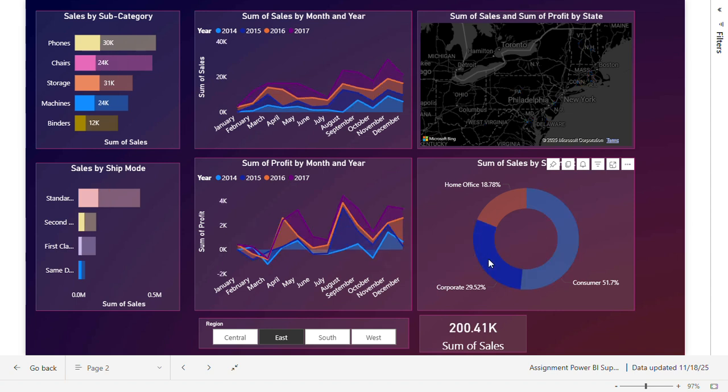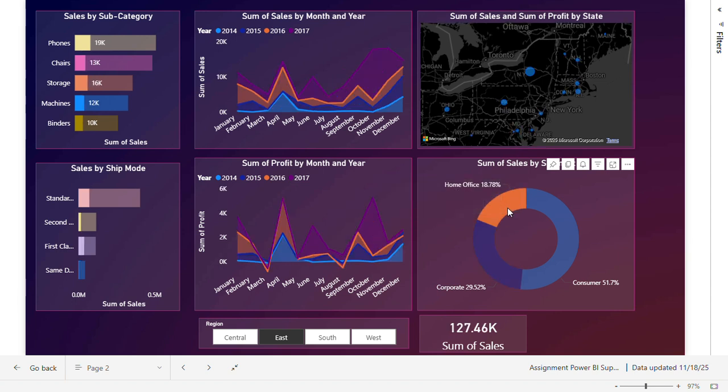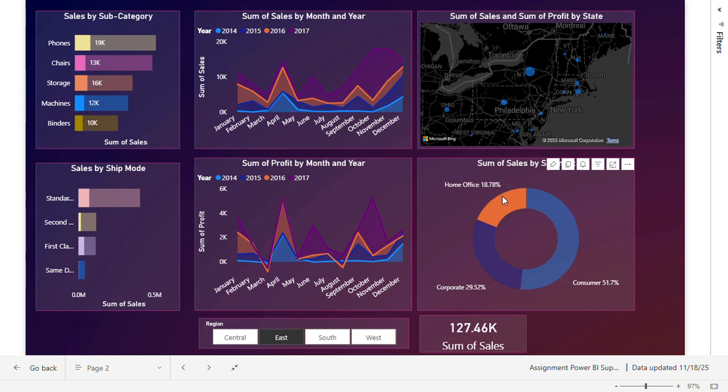Also, the corporate segment has the most balanced relationship between sales and profit, and the home office has smaller sales but is relatively profitable given lower discount use. So from this we can easily see the consumer behavior patterns. Consumers tend to purchase more frequently but respond strongly to discounts. Corporate clients buy in bulk but require careful inventory planning, and home office customers show loyalty but spend less